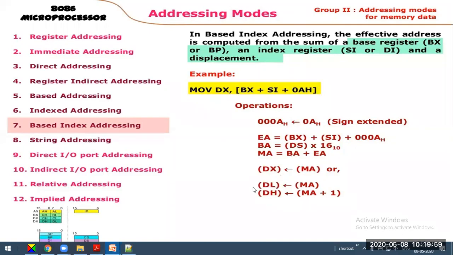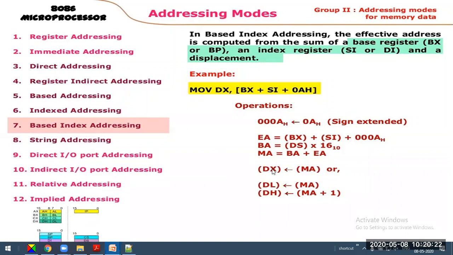In terms of 8-bit data, from that location data is copied into the lower byte, and from the next immediate location, the data is copied into the upper byte. We will understand this when we discuss memory architecture in a little more detail, and then we'll get a clear idea about this addressing concept.